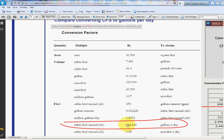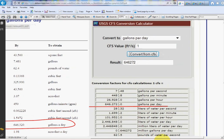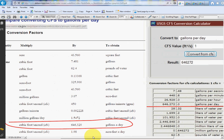So you can see that's 646,320 gallons per day for 1 cubic foot per second. But USGS, you can find conversion tables online, and it has a different number. It's actually a little bit less, approximately 48 gallons per day difference. Well, so right there, the state